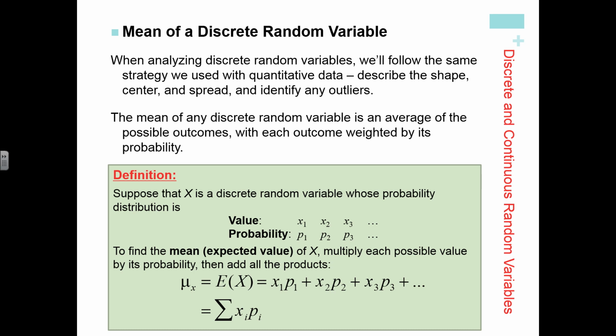Alright, so our formula for our mean is given below. This formula is on the formula sheet for the AP exam, but it's a very easy formula. Basically, you just take your x value. Let me see if I can show you. So I simply take our x value, whatever that outcome is, multiply it by the probability. I take this outcome, multiply it by its probability, and then I take this outcome, multiply it by this probability. I keep going, multiplying my possible outcomes by the probability. Once I get all of those products, I sum them together,